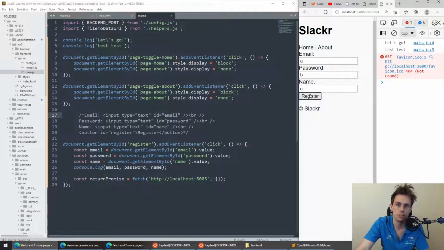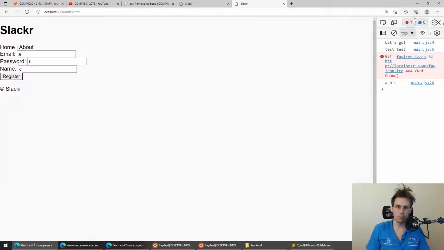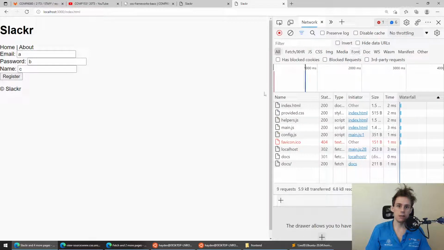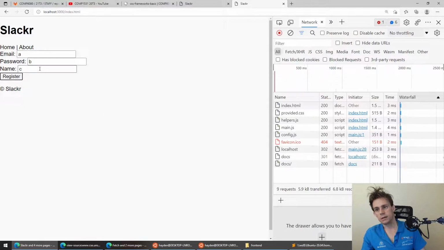You can disable the cache. You can do tons of stuff. Or did I? Oh, okay, I haven't console logged anything. I don't know if that worked or not. Now, how do you tell if that worked? You can open up the network tab and take a look at these things too. You'll find the network tab is extremely useful in this assignment. So for instance, if I open the network tab here, and I go ABC and I click register,